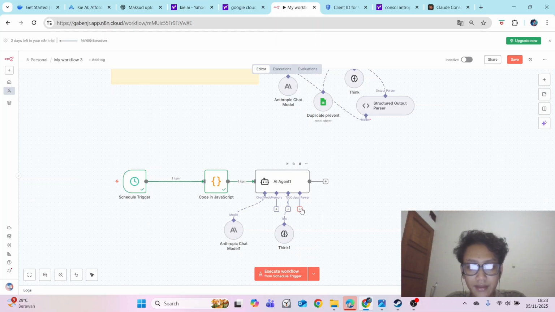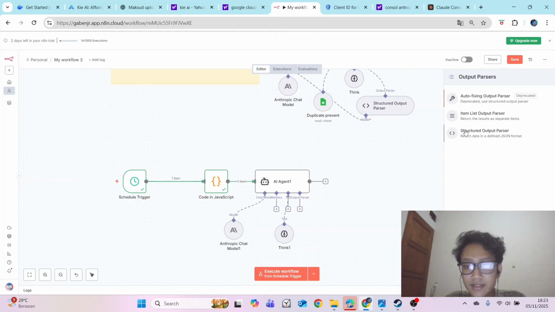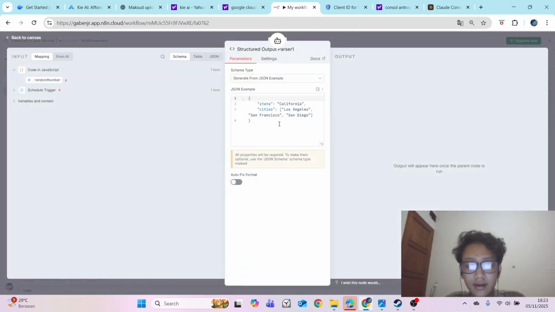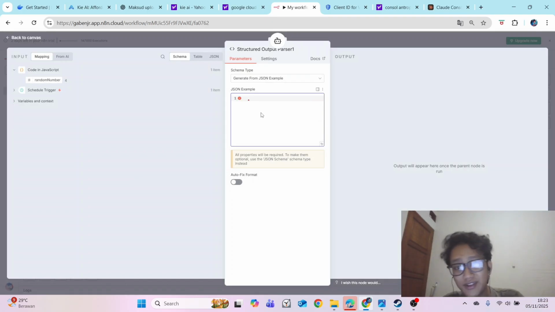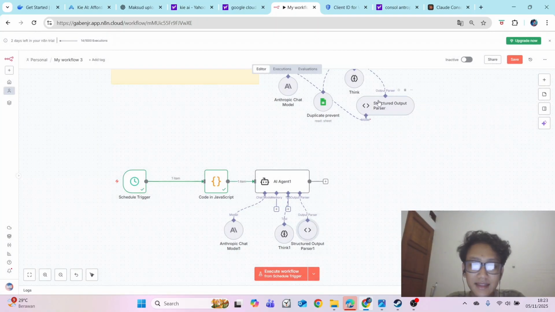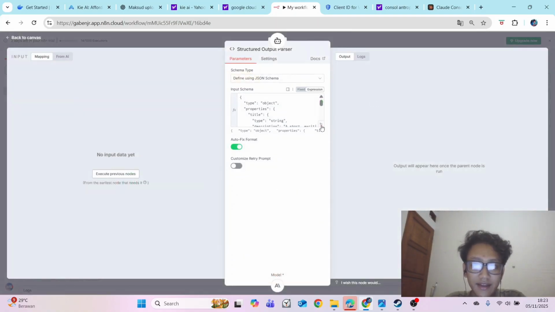put an output parser here, which is a structured output parser. So again, this is coding. I do not understand how to code, so just paste it again here.